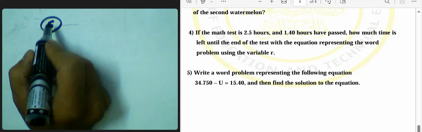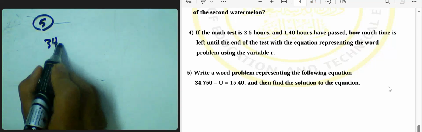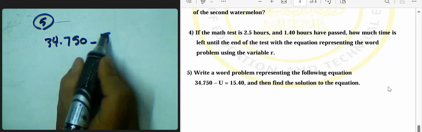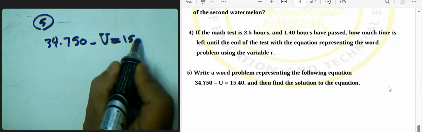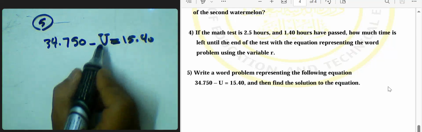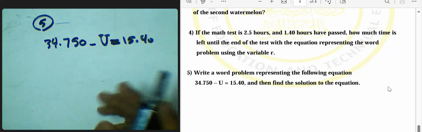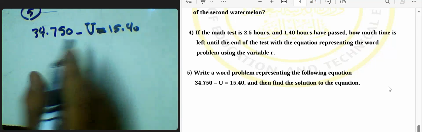Question number 5. Write the problem represented in the following equation. We have 34 and 750 subtract by u equal 15 and 40 hundredths. To find the value of u here, we can write a word problem. I want you to write a word problem for this example. Right, if